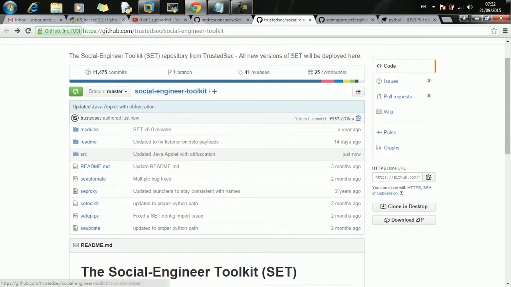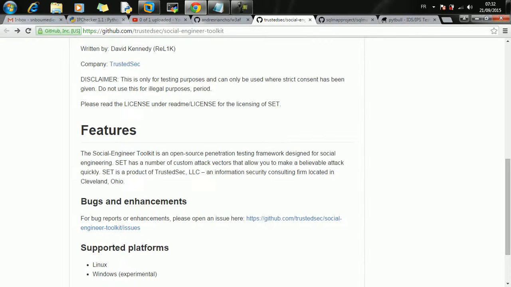Another framework is called SET, the Social Engineering Toolkit. This is a very powerful tool, as you may know. It is widely used and has been integrated in Kali Linux. You can check out how the tool has been designed and developed.